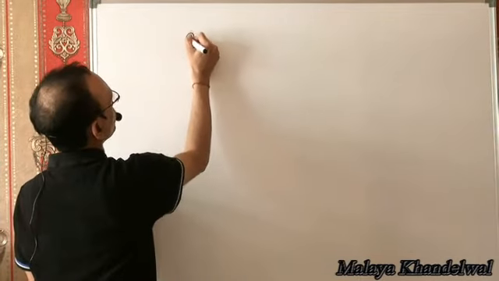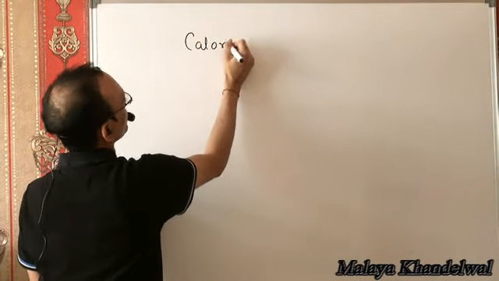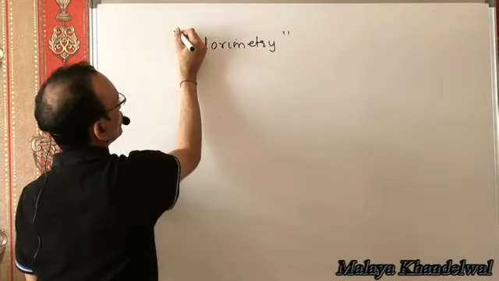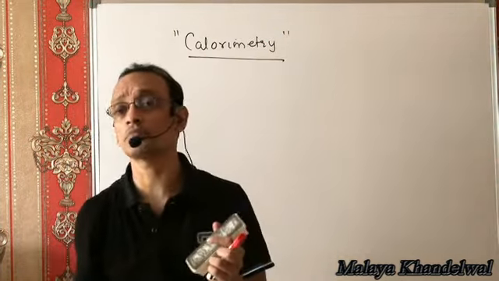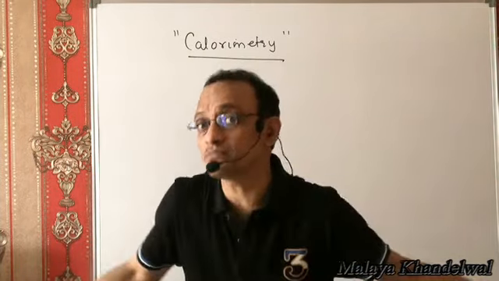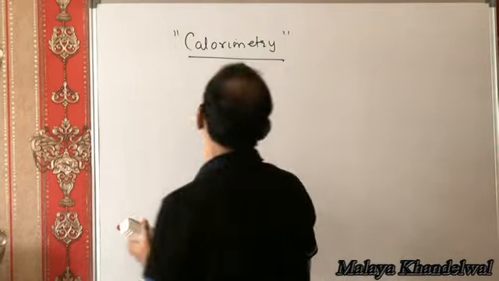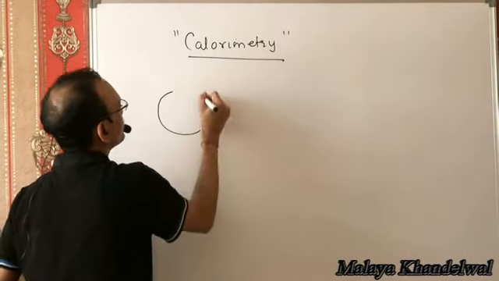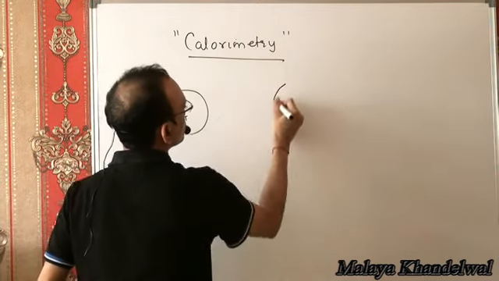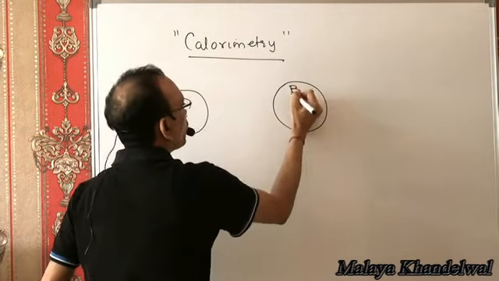Now, first of all, when we talk of calorimetry, we are talking of flow of heat from a hotter body to a cooler body. We are not talking of the mechanism of flow. The mechanism of flow of heat from a hot body A, if there is a hot body A, and there is a cold body B,